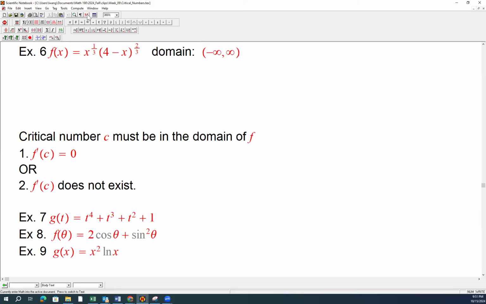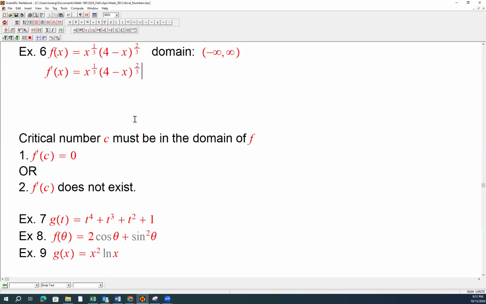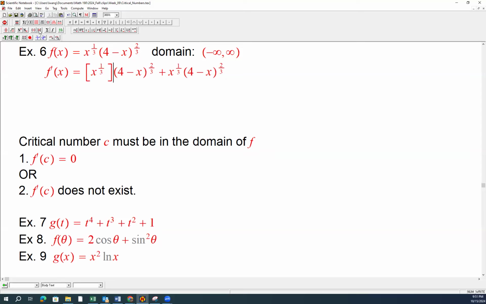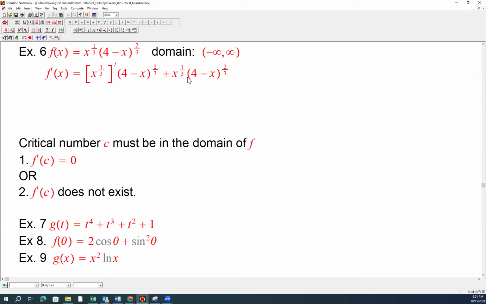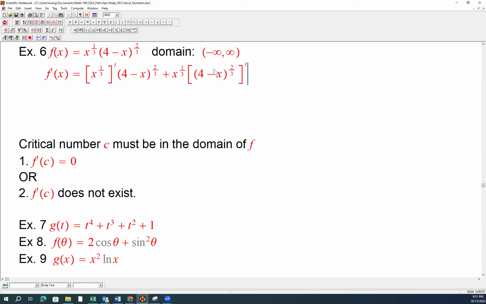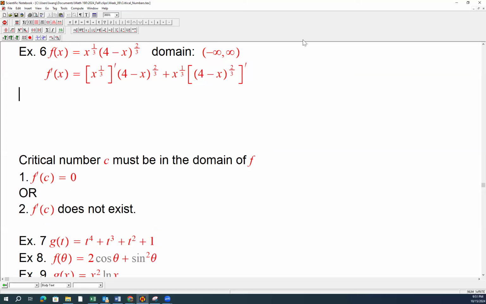All right, we go straight to the derivative, right? The derivative is the product rule again. Plus that. And we're going to differentiate that piece, and we're going to differentiate the other piece. So don't miss anything. Set up properly. And next,